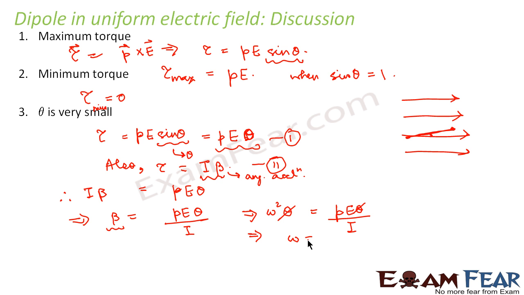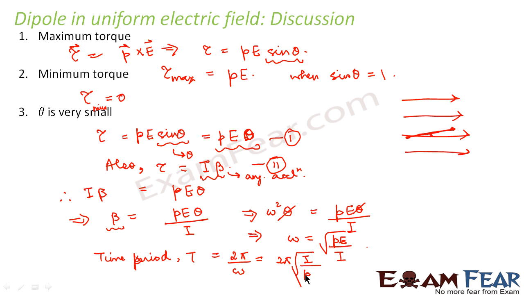So omega will be equal to root over PE divided by I. Or you can say that the time period of the rotation T, which is equal to 2 pi by omega,